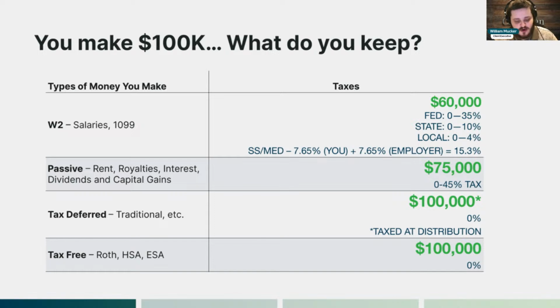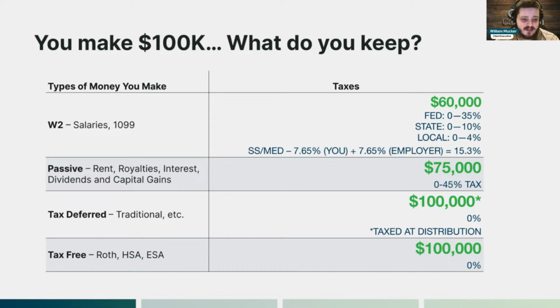So this is earnings through different avenues of investments, and what do you get to keep through those different avenues. So you have your W-2 income. You earn $100,000. What do you get to keep? So you're paying federal, state, local. You're paying Social Security, Medicare taxes. Your employer is also paying taxes. So out of that $100,000 in this scenario, you're earning only about $60,000. 40% of that is going to Uncle Sam to help him keep the lights on. And this will vary depending on your location specifically, but on average, it's going to be about 40% that's going